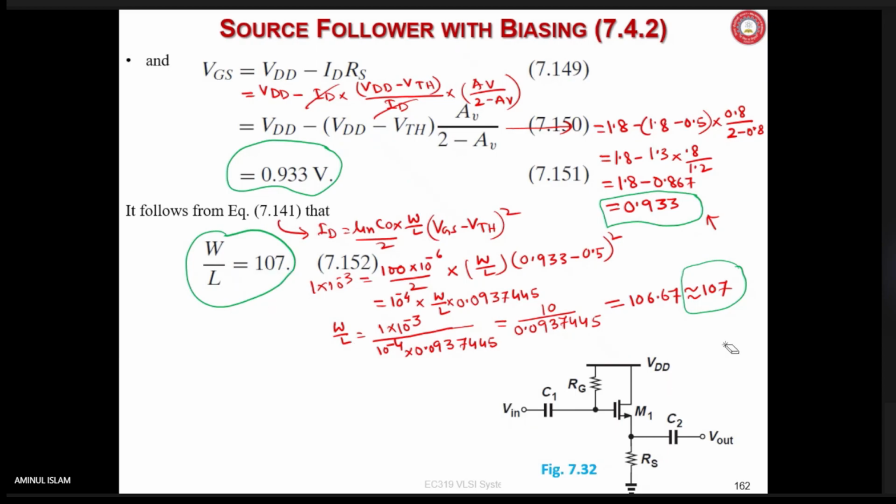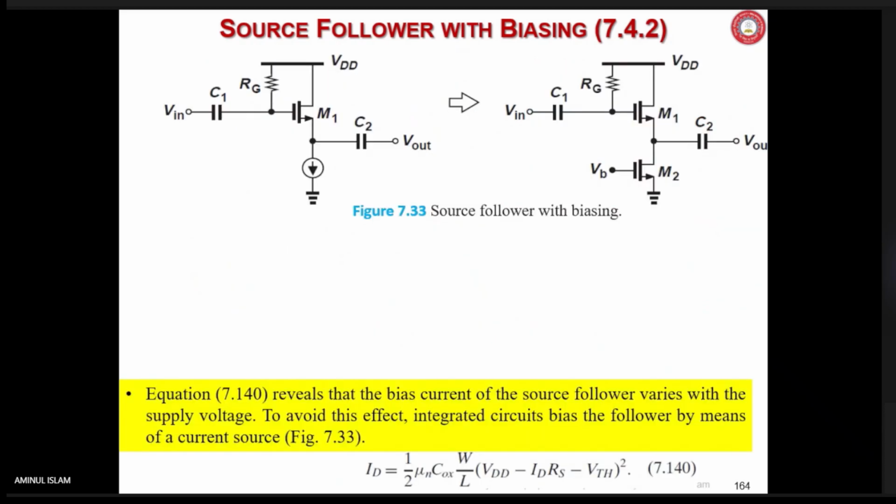And how is it? I have extended things and derived it. Is it understood? W by L, hello? You can calculate and see, I have calculated many times, but still, if you find any mistake, you can tell me and I can correct it. Anyway, if it is understood, I'll go ahead.